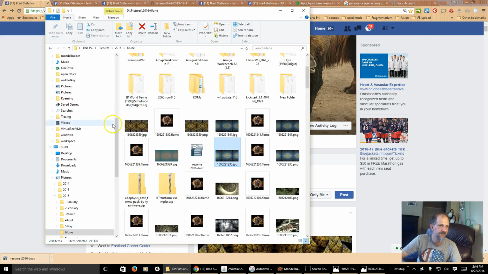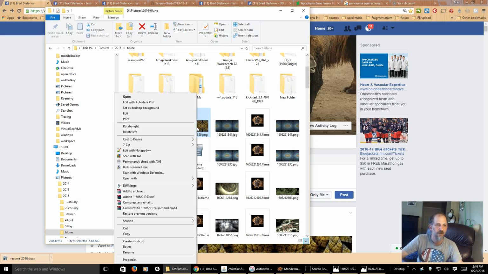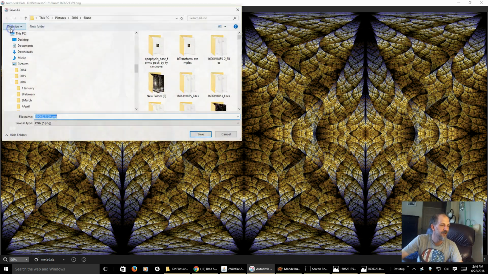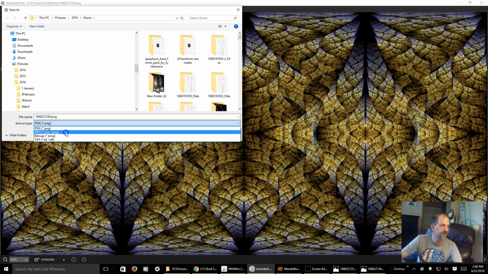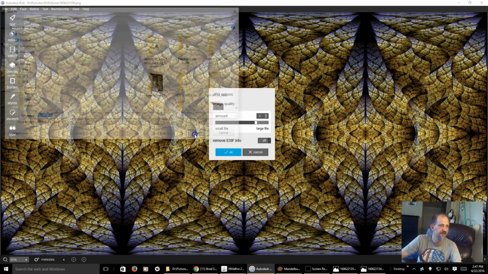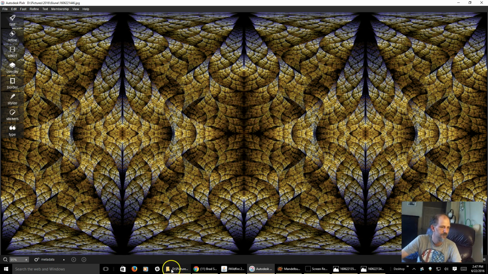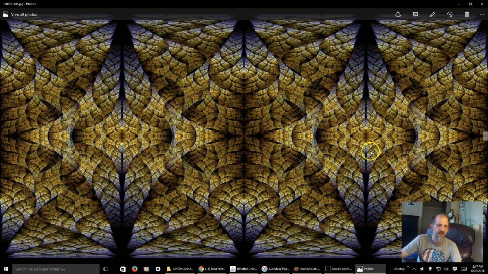So, once you have the images, normally when you save, it saves in a PNG format, but we need it to be in a JPEG or JPG format. So I use Autodesk Pixlr. If I just edit that, you can go to file, save as, hit JPEG, name it however you want, and then you save it. I go for full image quality. And then here's the image again